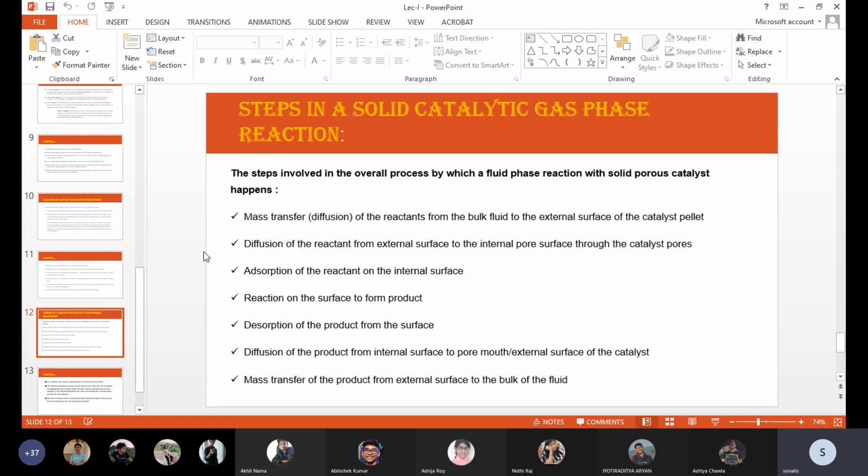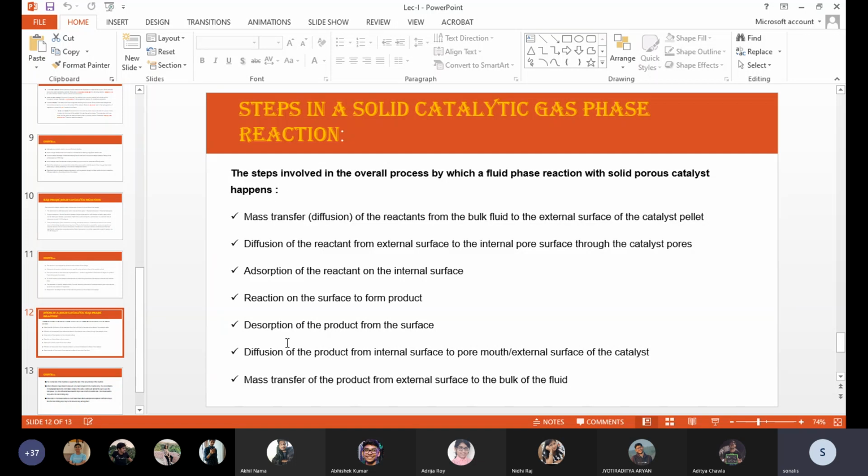Now we were talking about the gas solid reaction. That means the gases are the reactants. Say A and B are the two reactants, both in the gaseous phase, or vapor phase, a high temperature reaction, and the solid phase is the solid catalyst phase. The reaction happens on the solid gas interface, that means on the solid surface, and the reactants come through the boundary layer, the concentration boundary layer, from the bulk to the surface of the catalyst.